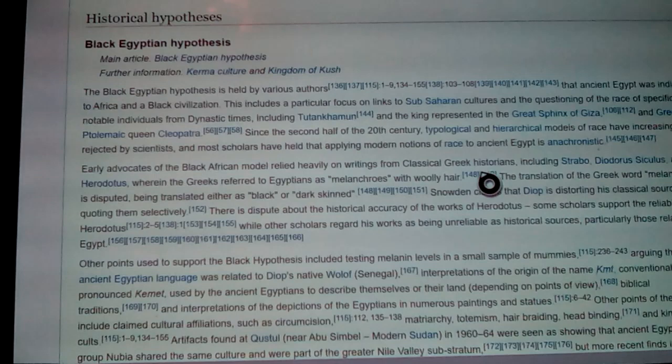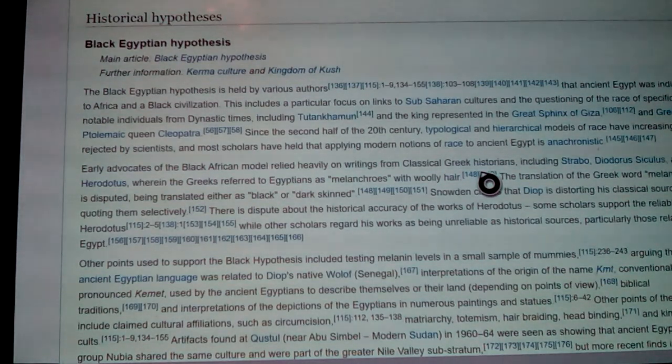So let's see their hypothesis. And again, if this cuts, we're just going to the next part, which will be in your top left-hand corner. The Black Egyptian hypothesis is held by various authors. He cites a bunch of them here, that ancient Egypt was indigenous to Africa and therefore a black civilization. This includes a particular focus on links to sub-Saharan cultures and the questioning of the race of specific notable individuals from dynastic times, including Tutankhamun, and the king represented in the Great Sphinx of Giza, and